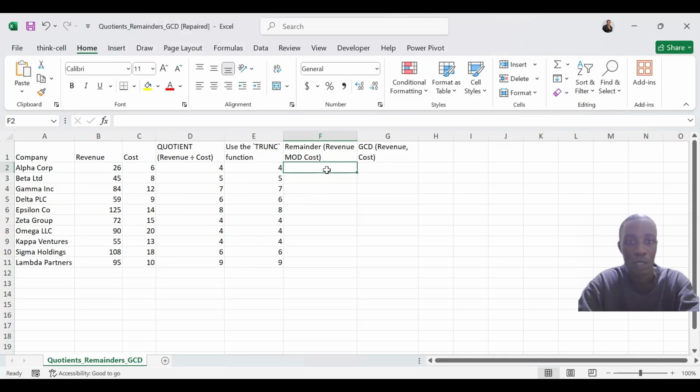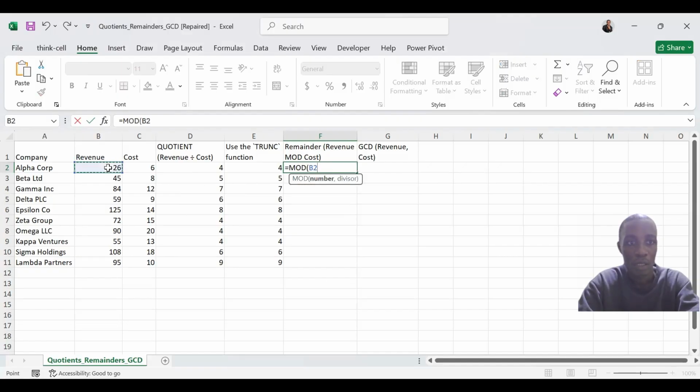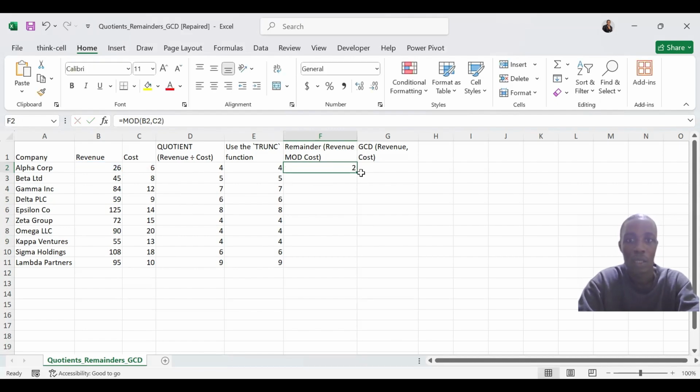To get this remainder, we use the mod function. So mod, and then we select the number, which is this 26, and then the divisor, which is 6. Once we enter, you see that it returns 2, which is the remainder that we are looking for. When we copy this down,